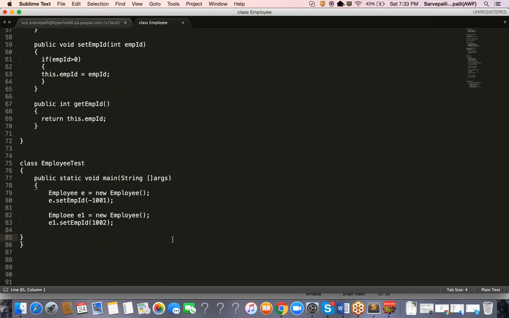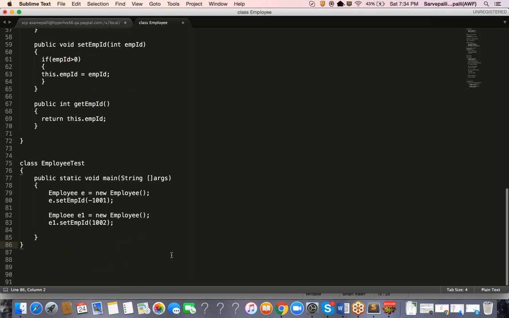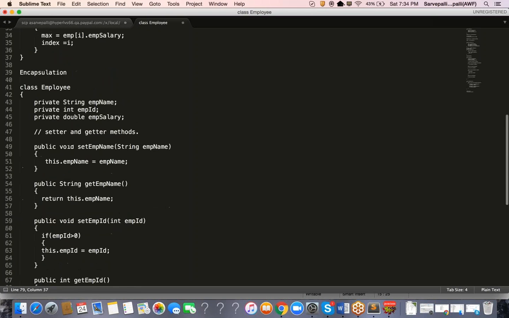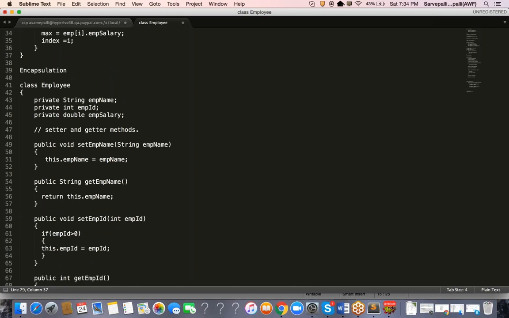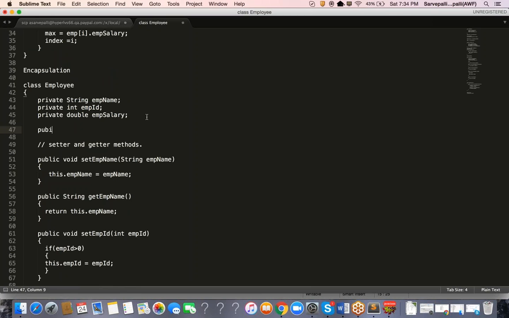Next you're going to see what a constructor is, and constructor and destructor. Destruction of objects happens automatically in Java. What do you mean by constructor? As the name suggests, constructing an object, creating an object. Where you see new of employee, the compiler will always give you an invisible constructor. You will not be able to see this code. Whenever you create a class, it will insert this code,